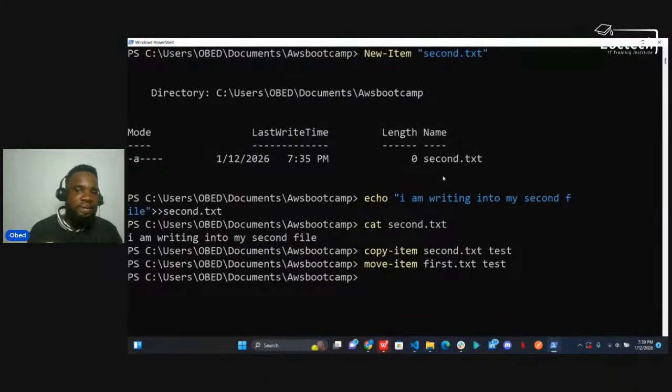So let's do a recap. We have seen how to create a folder, create a file, copy, write into a file, and move a file. Now, one thing I want to say is I understand most of these concepts might be new, but rest assured that over time, if you practice this, go over the recording of this video, watch it, practice it, you will get used to it. It will just be at your fingertips. That I promise you. Over time, it will make more sense. So let's quickly see how to delete.